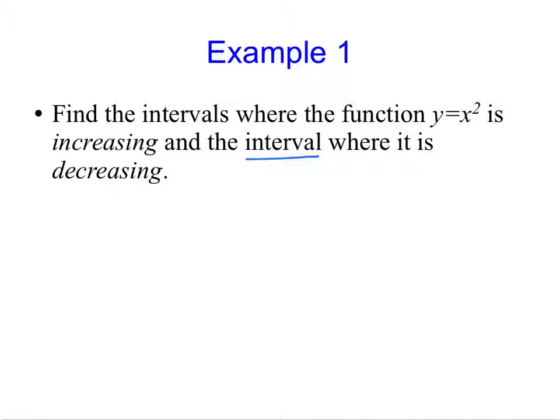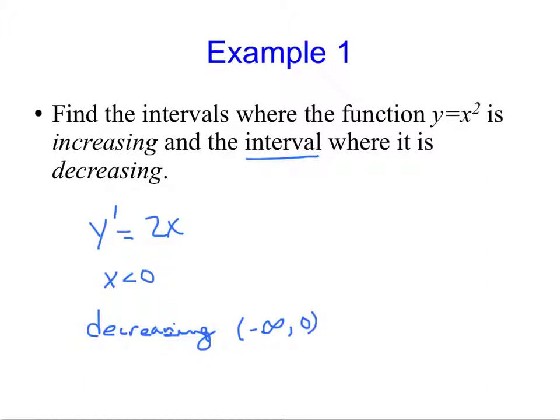It's a parabola. If you take the derivative, you get 2x. And it's easy to pinpoint where 2x is going to be negative. 2x will be negative whenever x is negative, meaning where x is less than 0. So for every negative number, my derivative is going to be negative. What that tells me is that that function is decreasing on the interval of the negative numbers. I spelled decreasing wrong there. And that interval would be negative infinity all the way up to 0, not including 0,